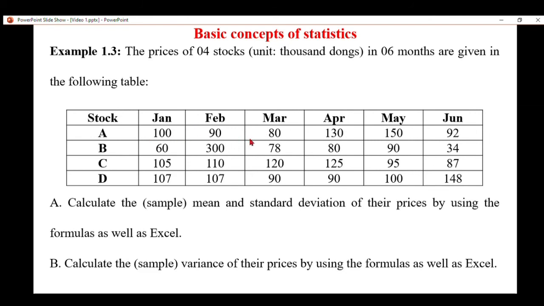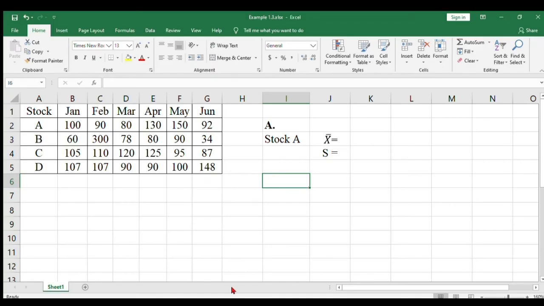It's different from the incomes of the people in the village V1 and V2 in the previous example, because in the previous example, the data is cross-sectional data, but in this example, the data is time series data, and we only have 6 observations of the stock prices in 6 months. So when you calculate the mean and standard deviation, remember that when you have time series data and you have some observations, you always have a sample, not the population.